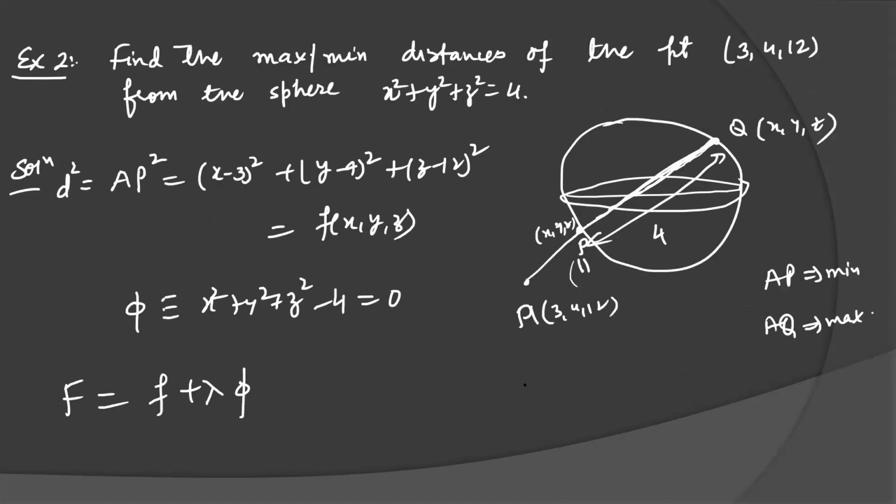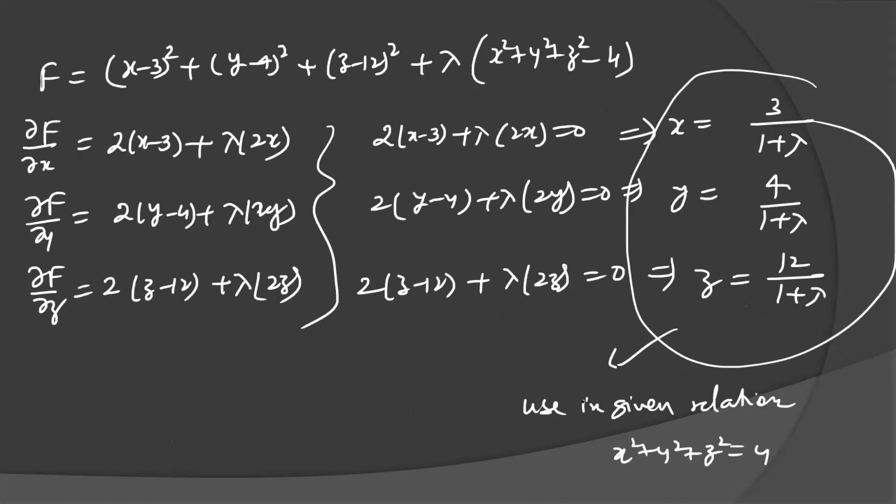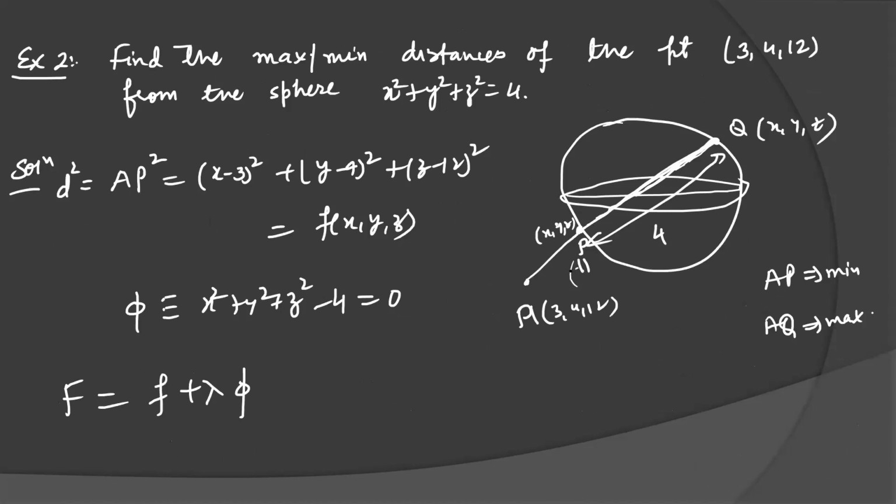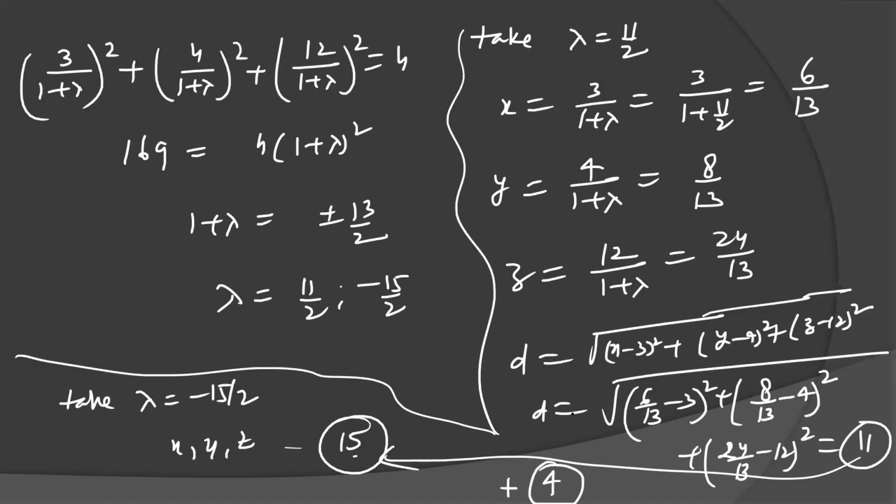But I do not claim here that 11 is this or 15 is this. We have to find here. Maybe it is possible that 11 is the maximum, then this distance will be 7 actually. So there is no way; you have to solve both cases here. By seeing the 11, you cannot say it is a maximum or a minimum. This is the drawback of Lagrange's method. But if you find the other, 15 and 11, then you can say that 11 is minimum and 15 is maximum, and the difference 4 is equal to the diameter of the sphere.